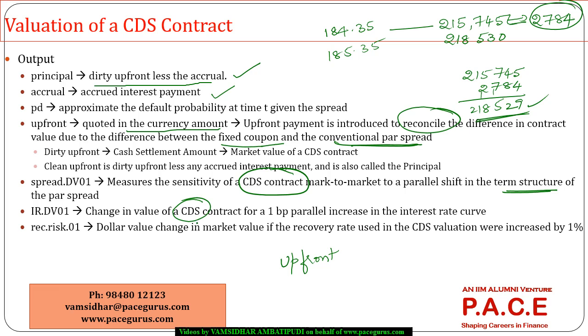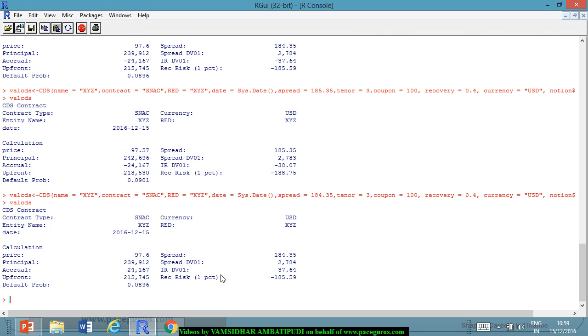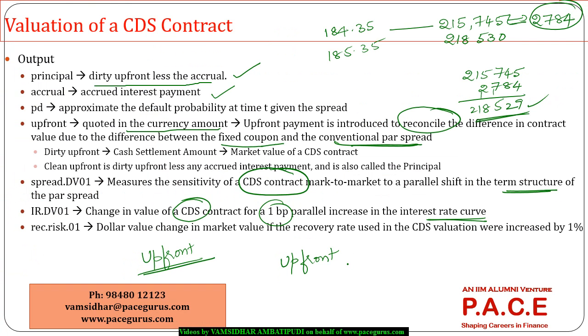To what extent the upfront, when we are talking about the value of the CDS, it's purely the upfront value. The upfront value would either increase or decrease for a 1 basis point parallel increase in the interest rate curve. So if the entire yield curve increases by 1 basis point, obviously we see that the spread would be changed accordingly. It looks like the whole upfront premium will fall by 37.64